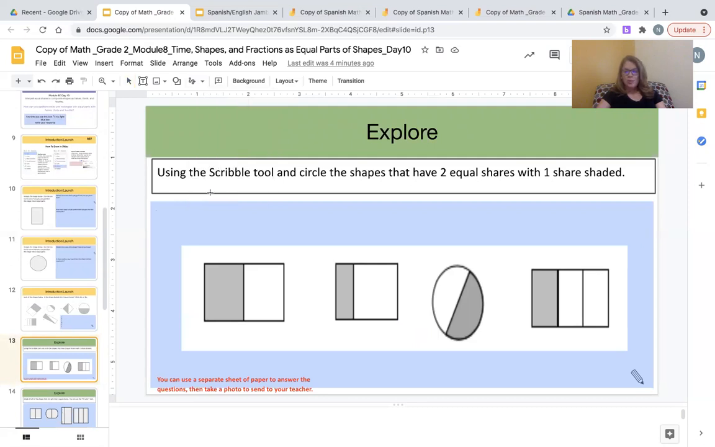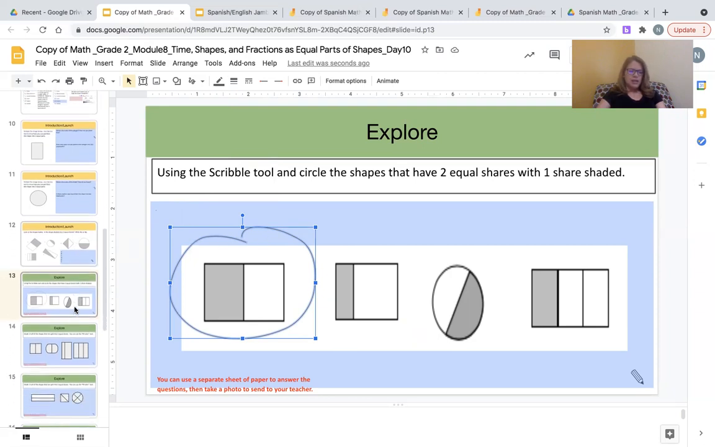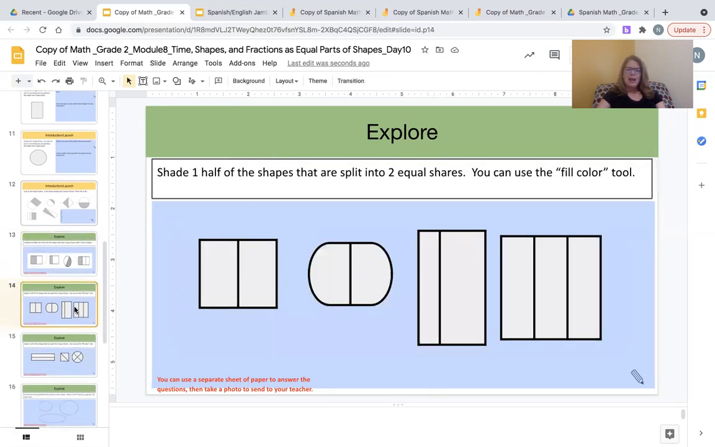Students can use this scribble tool to scribble anywhere on a PowerPoint slide. In this PowerPoint slide, they can use the scribble tool to circle one of the shapes. Simply click, continue to click and drag until you have a full circle. This allows you to circle any of the shapes, and the circle will remain on the PowerPoint slide as an image. In the following slides, students will be asked to shade 1/2 of the shapes, and students can use the